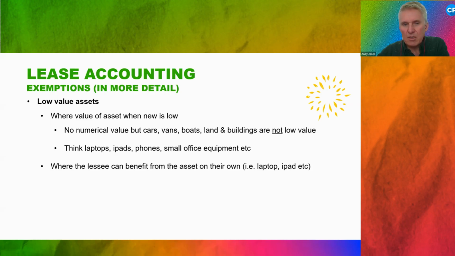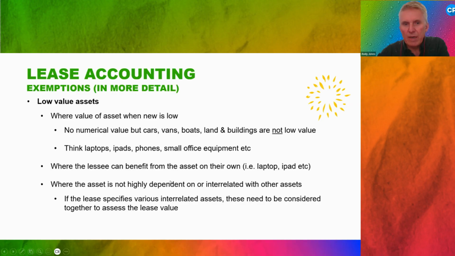If the asset is highly dependent on or interrelated with other assets, so if the lease specifies a lot of other interrelated assets, then these need to be considered together, and they wouldn't be able to qualify under the low value exemption. So an example could be a telephone lease where you've installed a whole sophisticated telephone network across the organization,